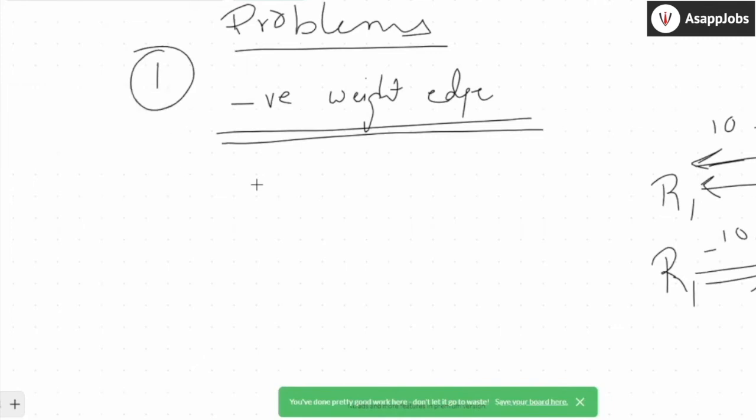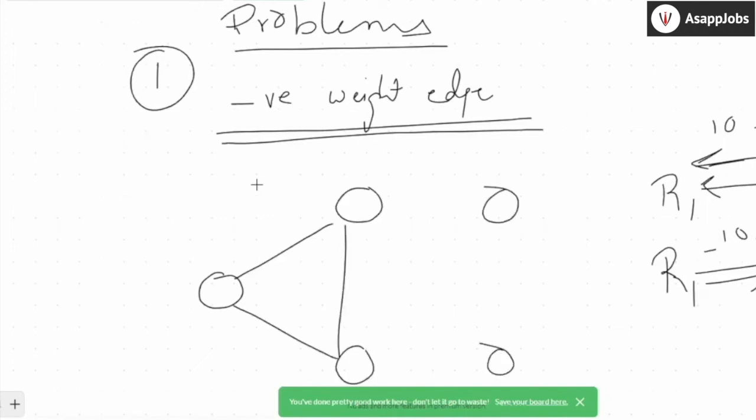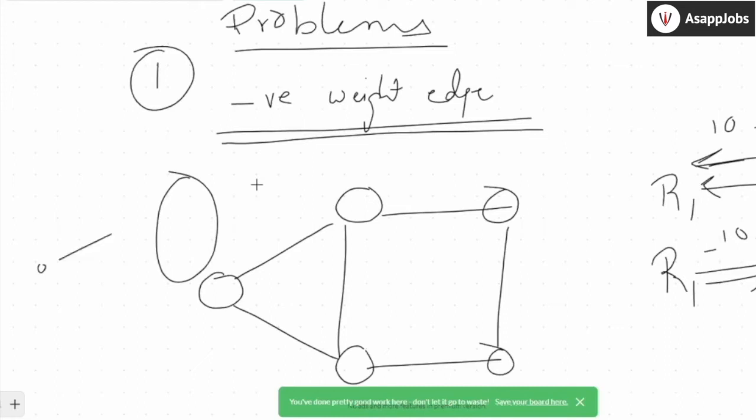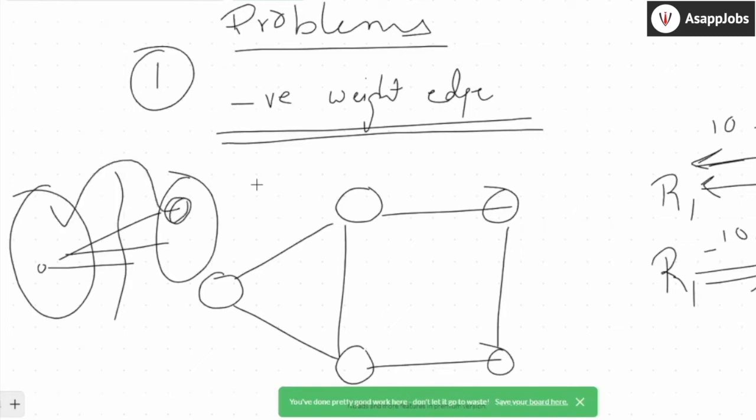Okay, think like this. So that was your graph, right? There was some set of edges like this, and there was connectivity between them like this. What's the first thing that you did? Your left was empty and right was not empty, right? Every time, you pick a cut. You pick a cut from here, you take an edge, and whichever edge you pick, whatever vertex is on the right side, you take that vertex and put it on the left side.